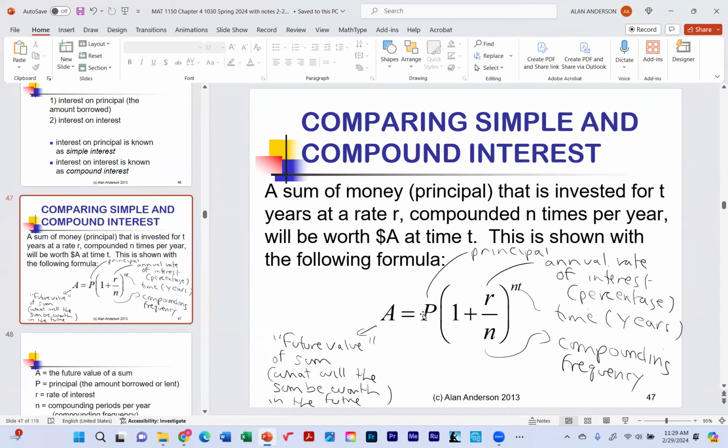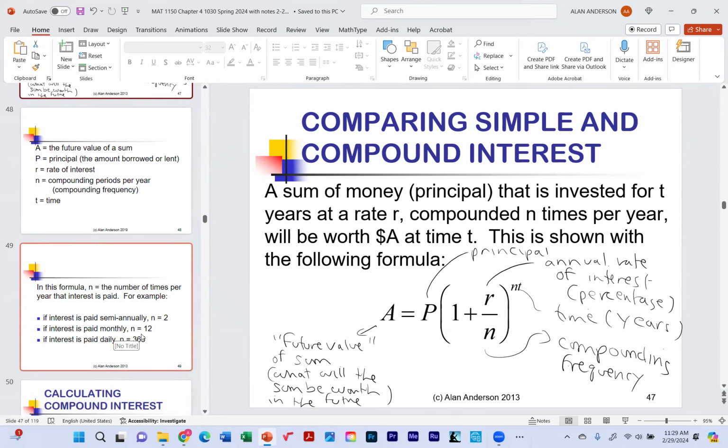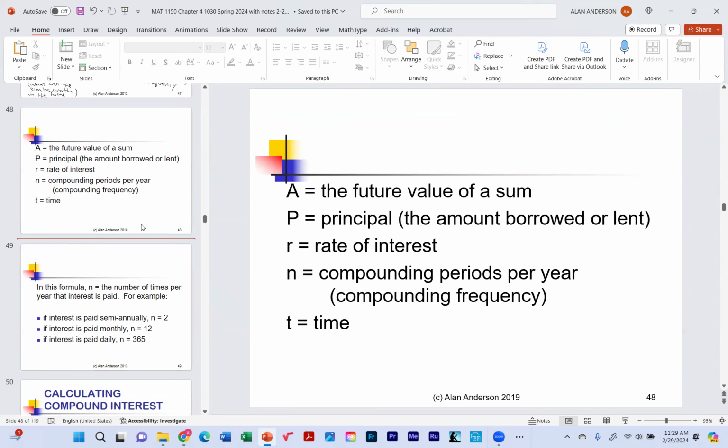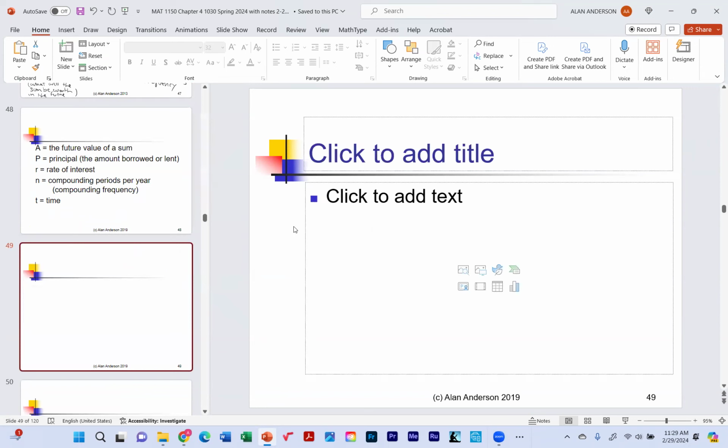I mean, when you walk in the door of the bank, they'll tell you what interest rate they're paying. R is whatever they pay. T, you know how many years you want to put your money in the bank or how many years you want to borrow. P is the amount of money you have to lend or you want to borrow. Now, N is a very interesting idea. So think about this. Suppose